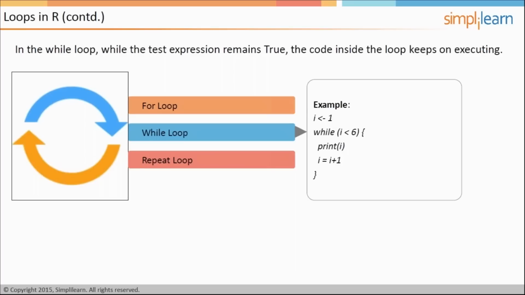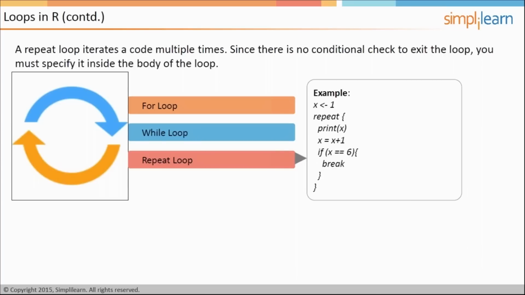The while loop is the same as the for loop, but in this case, it's going to print whatever numbers are encountered in the line while the condition is true. So while I is less than 6, R is going to print the numbers that it encounters. In this case, we've set it up that I equals 1, and the while loop says that while I is less than 6, print I, then I equals I plus 1. So in the same way that the for loop executed, this is going to print 1 through 5 and then stop. The repeat loop